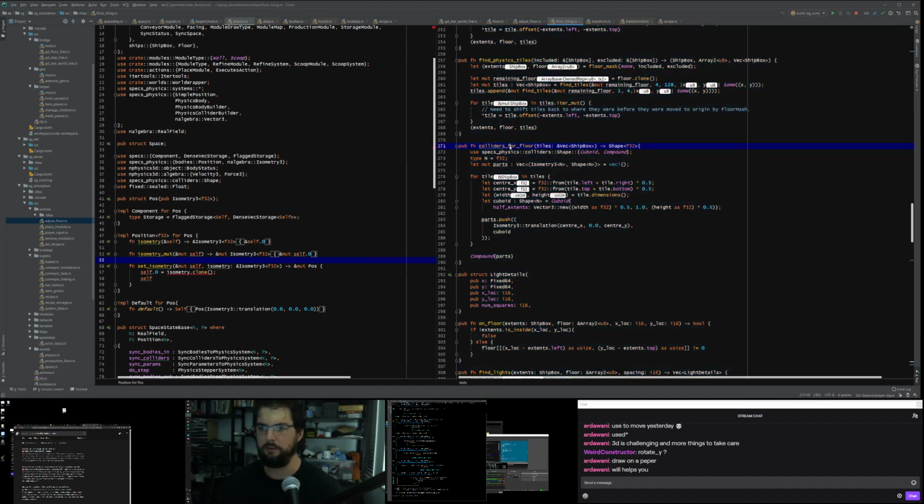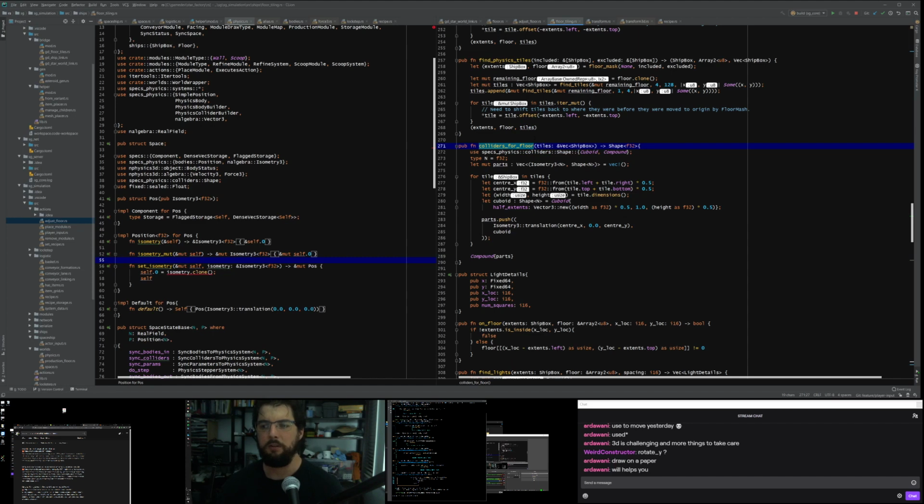So colliders for floor returns a shape in the float F32 physics world. It goes through this definition of what a floor is in my game, and then it tiles the floor, and for every tile it creates a cuboid collider that should describe which parts of the ship you can't hit.